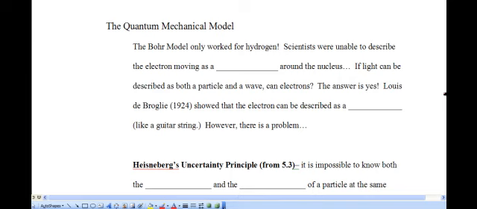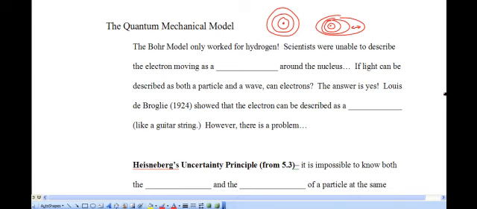Scientists were unable to describe the moving. Let me just pause for a second. What they did, because let's just say that this is the nucleus, if the Bohr model of the atom had these circular orbits, all right, they tried all sorts of things. They shifted the orbits off-center. They made them elliptical maybe instead of circular. They changed the distances between the individual orbits. They tried everything. But the problem was, once you introduce a second, third, fourth, and many more electrons, the electrons